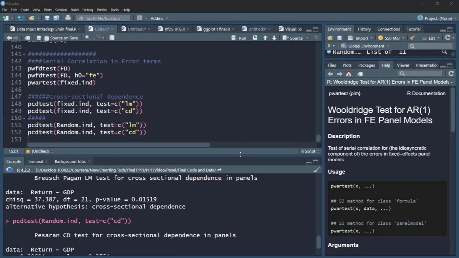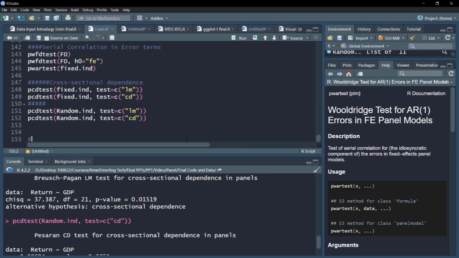However, in our previous examination, we have already settled on the model to go ahead with. All the models are giving similar results, but the two best models are the fixed effect with individual effects and the random effect model with individual effects. The last test that we wanted to conduct on our error was about heteroscedasticity, whether our errors are heteroscedastic or homoscedastic.